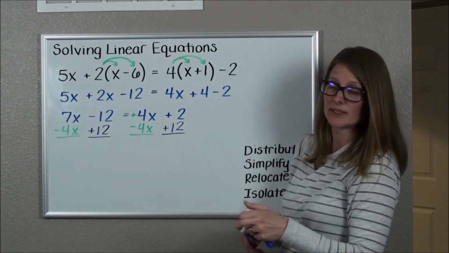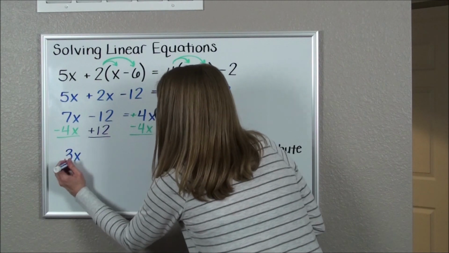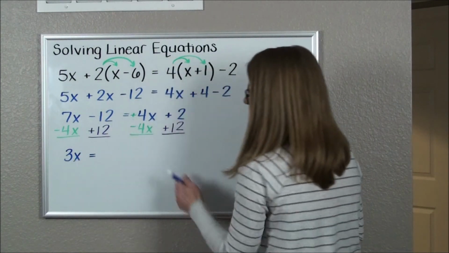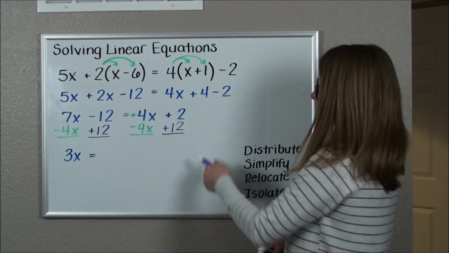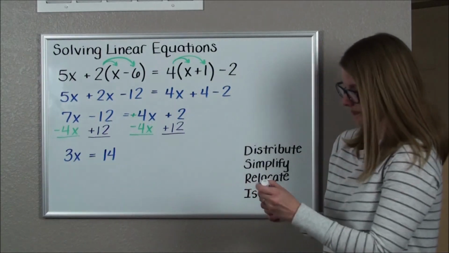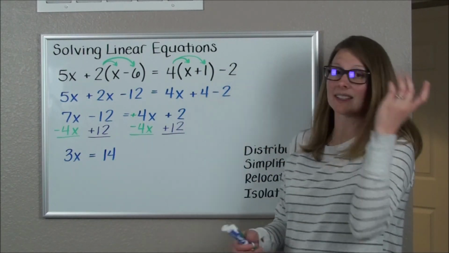And so now on the left, I have 7x minus 4x. That gives me 3x. Negative 12 plus 12 is gone. On the right, 4x minus 4x is gone. 2 plus 12 is 14. And so we've successfully relocated letters to the left, numbers to the right, and our last step now is to